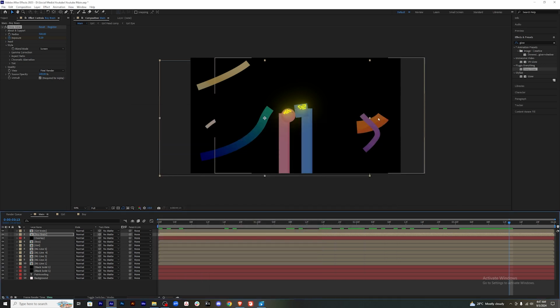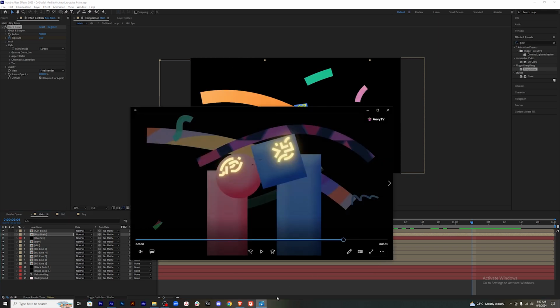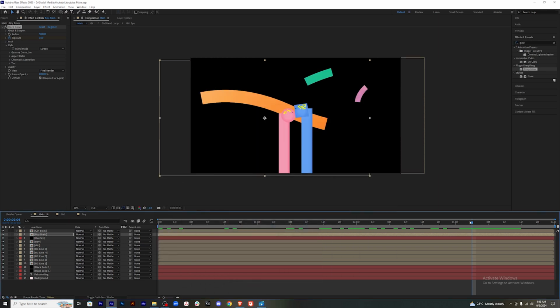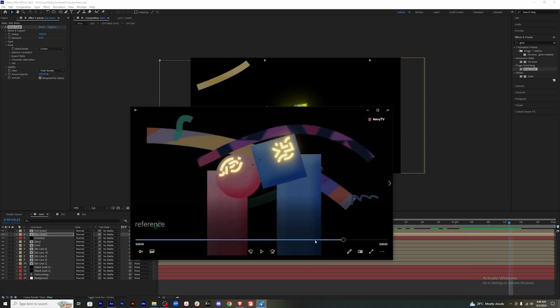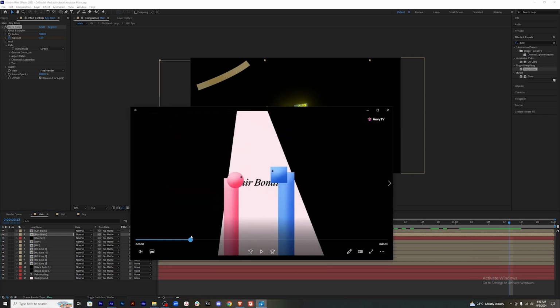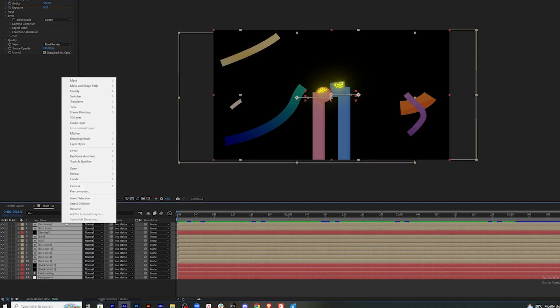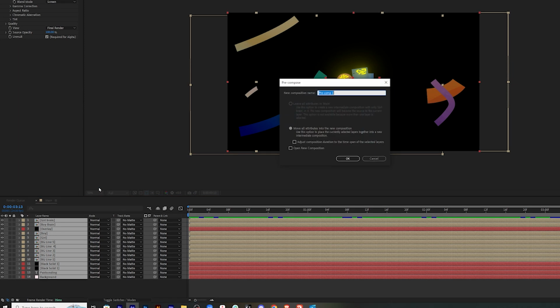Maybe I just missed a little bit of lines in the background. A couple of more lines would have been better, but yeah, this is it. And my PC is also lagging, so this should be good enough. Yeah, and the last thing, you'll see there's a zoom in here when this thing happens, right? So for that, what you can do is you can just select everything here, right click, pre-compose, change it to maybe final,